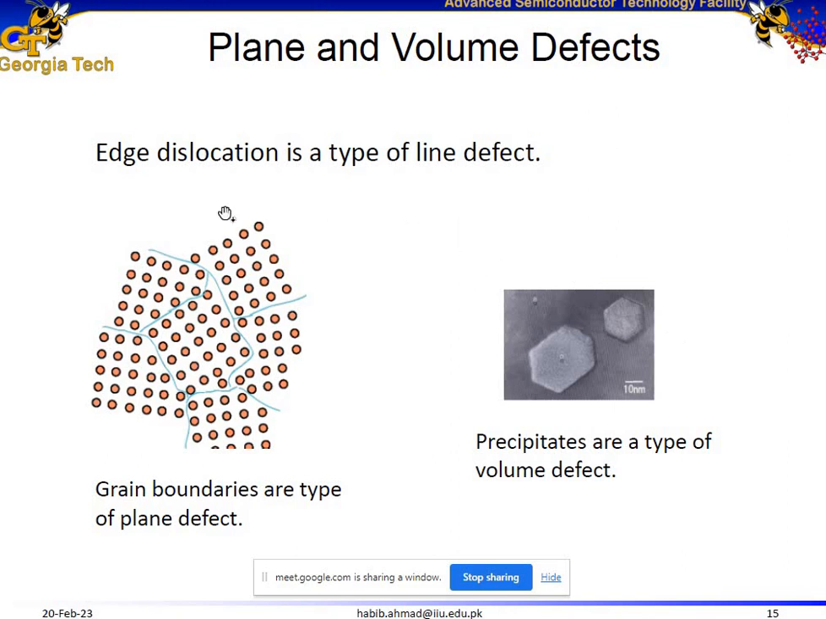There could be planar defects as well. For example, grain boundaries are a type of planar defects. Grain boundaries are actually found in polycrystalline material. If the entire crystal has one kind of periodic arrangement of atoms, we call it monocrystalline. But if we see that over here there are regions where we have periodic arrangement of atoms, individual regions over here, but these individual regions are not synchronized with the other regions, and their boundaries are called grain boundaries,